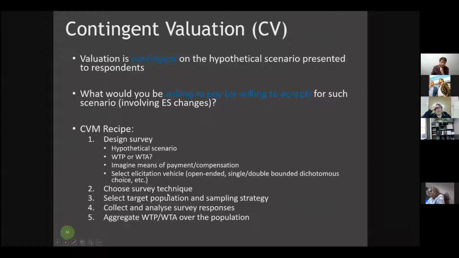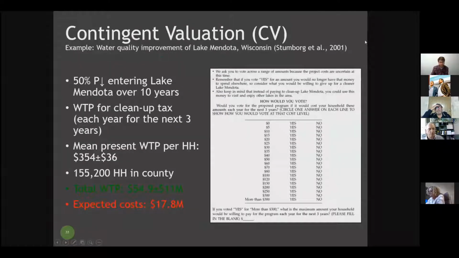And you need to select a certain target population, trying to be representative of the overall population. And so you collect your data through the surveys, and then eventually you can calculate your willingness to pay through some econometric modeling. So here is an example of a water quality improvement of a certain lake in